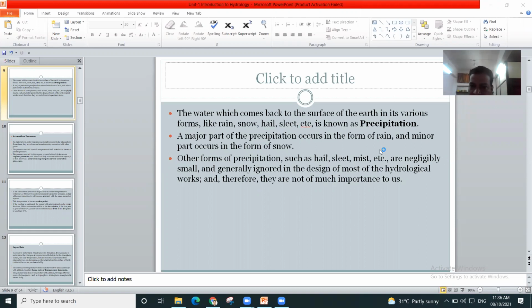So that rainfall, when it comes back to the earth's surface after evaporation and transpiration, after condensation, so that water which comes